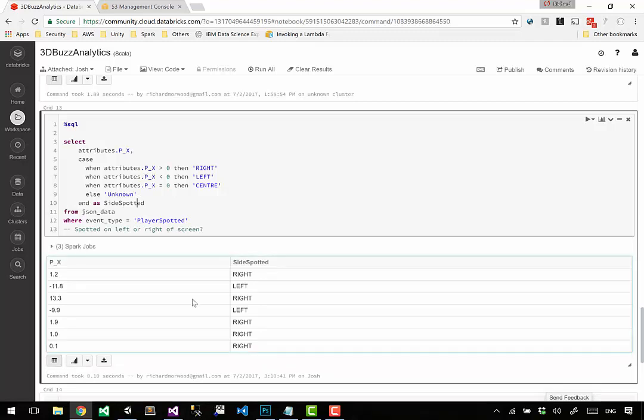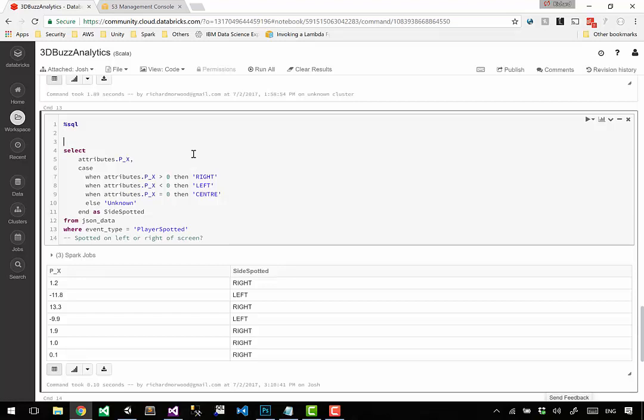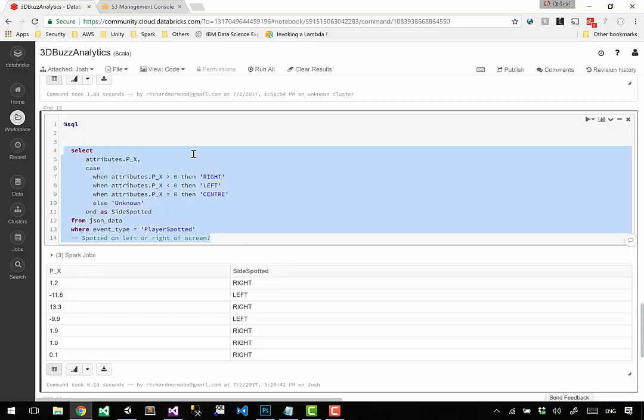That's cool. Alright, so now I want a count of the lefts and the rights and the centers and the unknowns. We can just look at these and sum them up. However, we've had many players playing for a very long time, so we would want to query lots of these, not just 7. So we'll say with sides player spotted